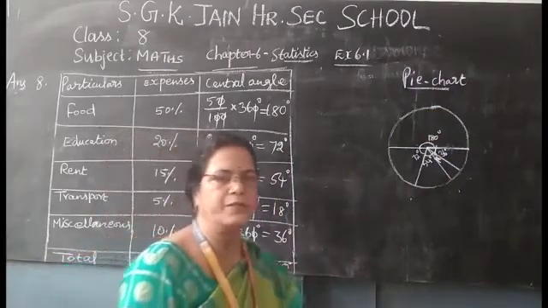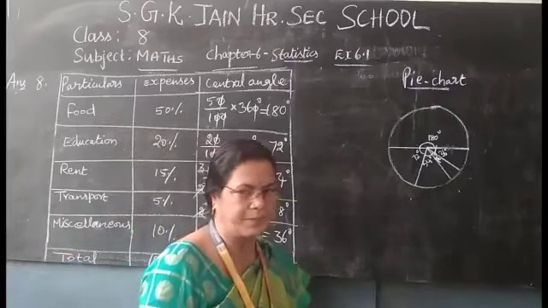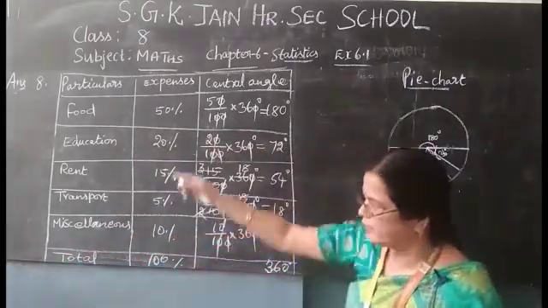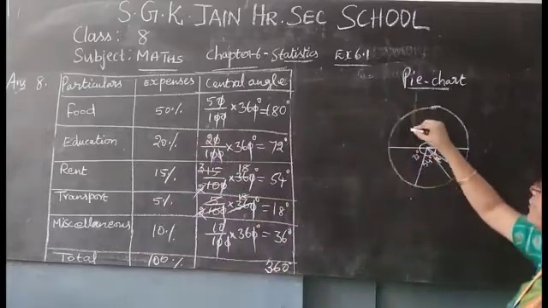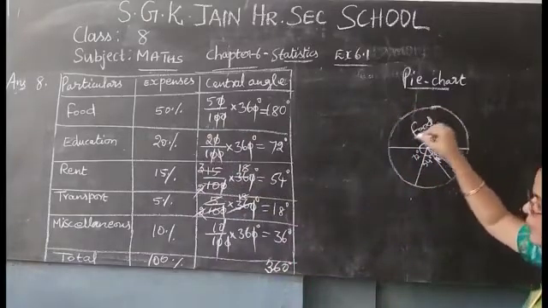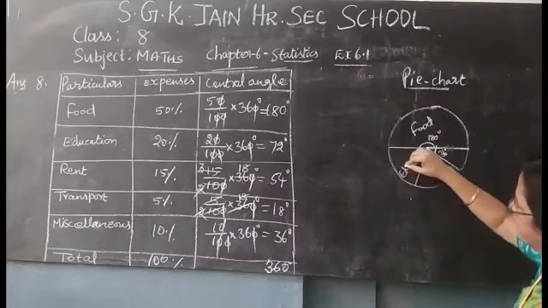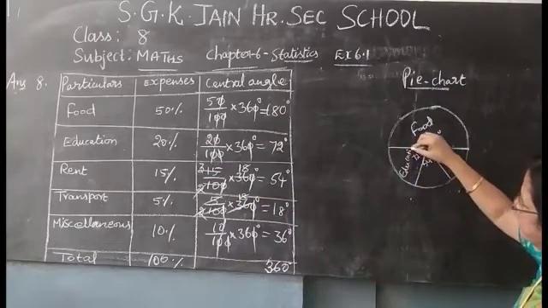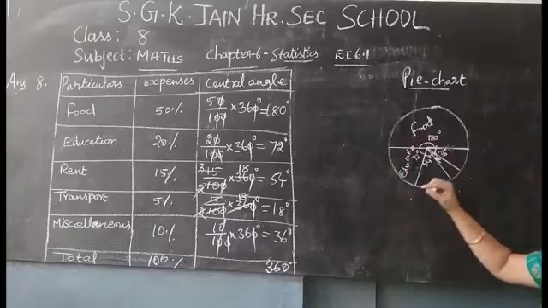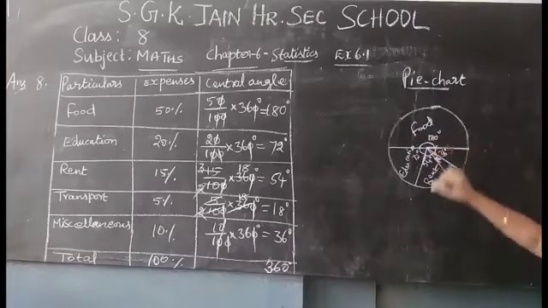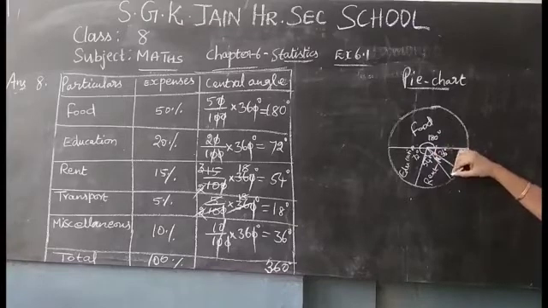Okay, I think you enjoyed these steps by doing this pie chart. But whatever is given here, first you write. What is given here? Food. For that you are going to write food, 180 degree. And for education, how much do they spend? This one, education, 72 degree. And here, rent, 54. Next one, transport.